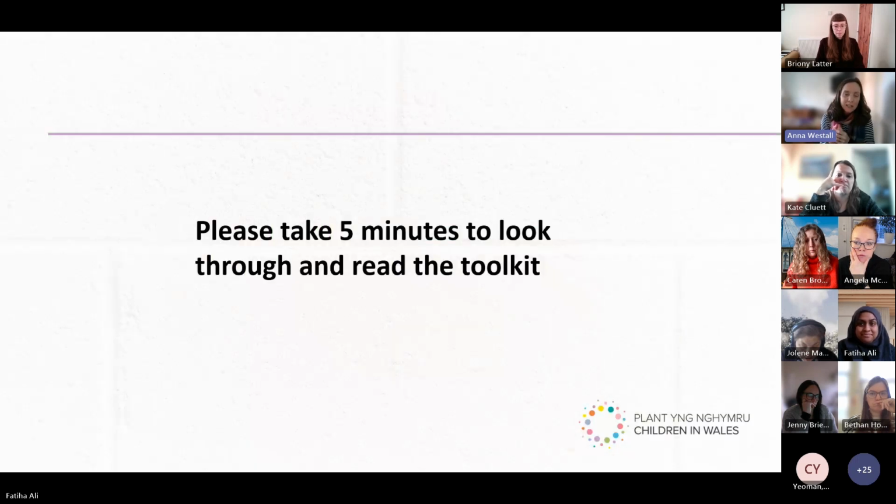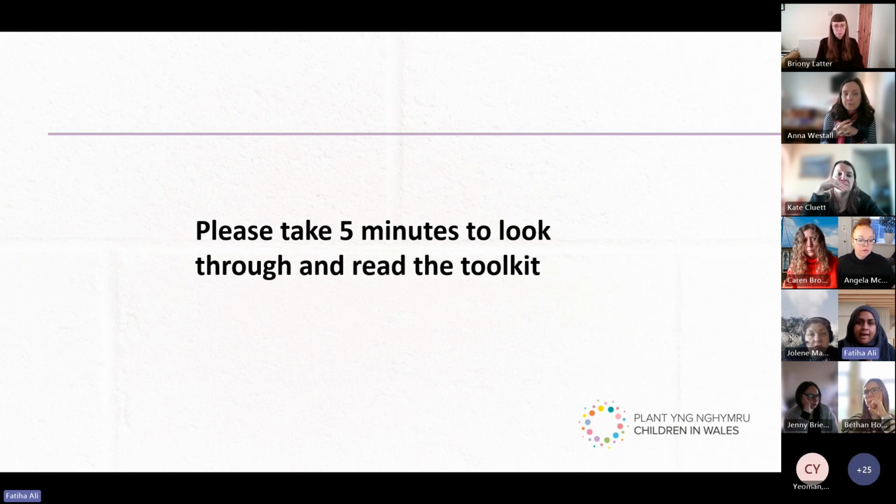What we want to do is give you the chance now to have a little look through the toolkit yourself. I think Fatih has already. Yeah, I can't seem to attach the PDF, I've tried to attach it and it won't let me. But I've put in the link to our Parents Connect Wales Hub. If you scroll to the bottom, there's a link to download it.